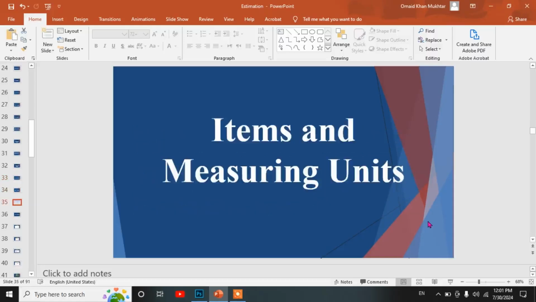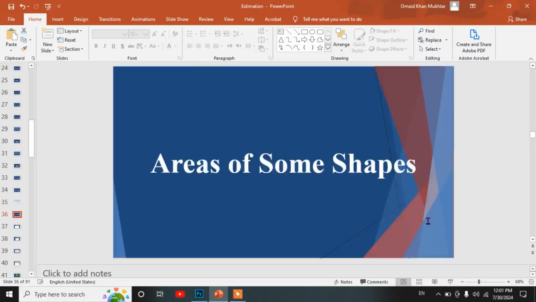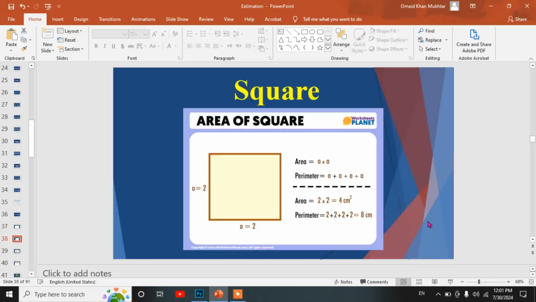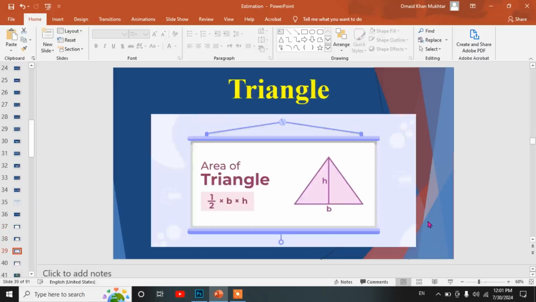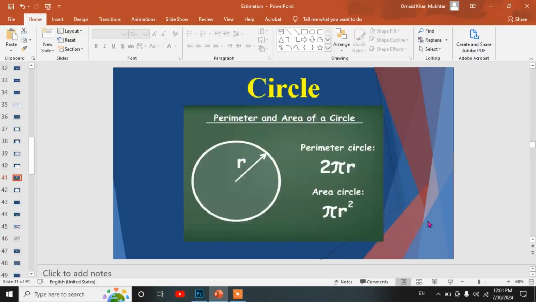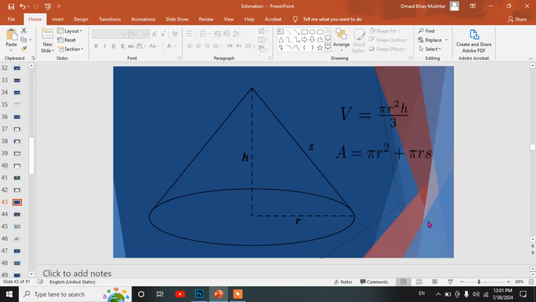Items in measuring units. In this table you can see the items in their measuring units. For example, earthwork is measured by cubic meter, brickwork in many others. Areas of some shapes: area of rectangle, area of square, area of triangle, area of trapezoid, area of circle, area of ellipse, volume of cone,